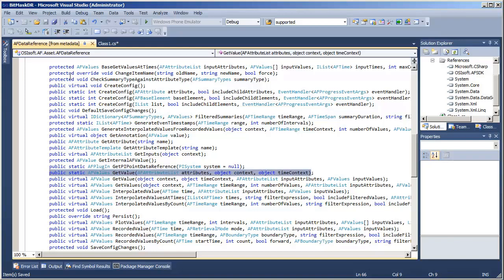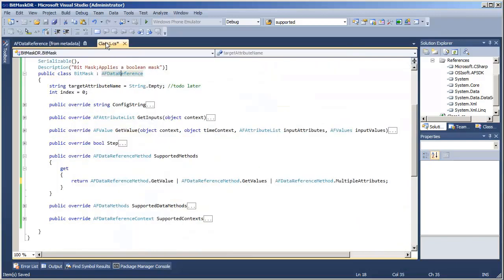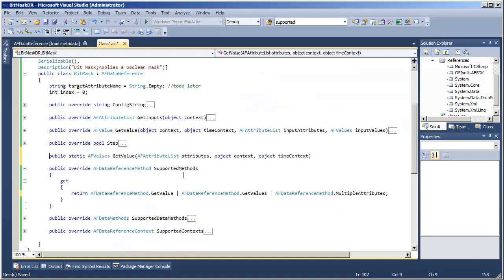So to implement this, it's probably easiest just to copy that method signature right there and paste it in using the new keyword. Because it's a static method, we can't use the override keyword. We need to use new, or if you're in Visual Basic, shadows.